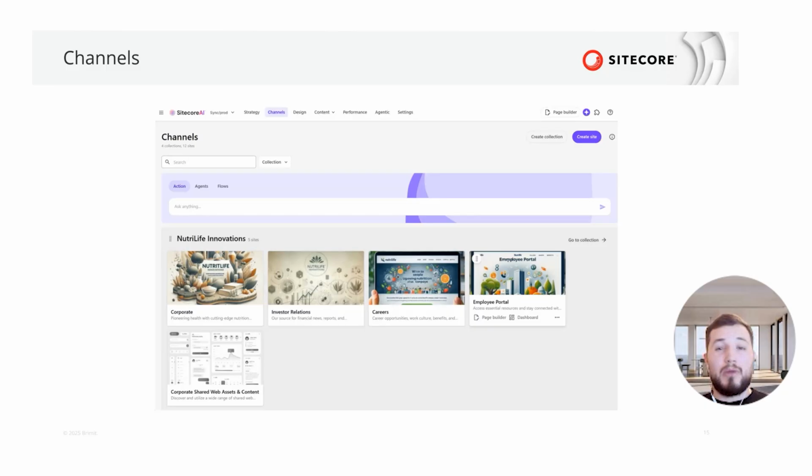Also, I want to mention one cool Marketplace application which Sitecore already added. It is AI Translate for components. You can add this application, and in Page Builder you can open some pages, and through this application you can translate your page content for all components into different languages, which is really cool because